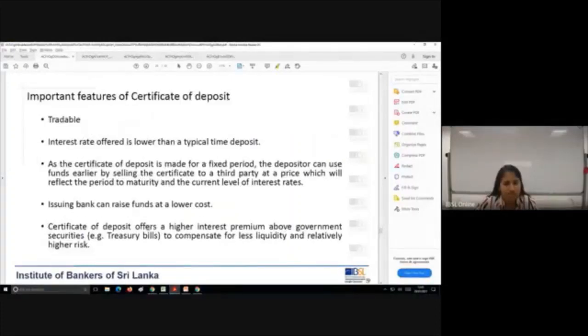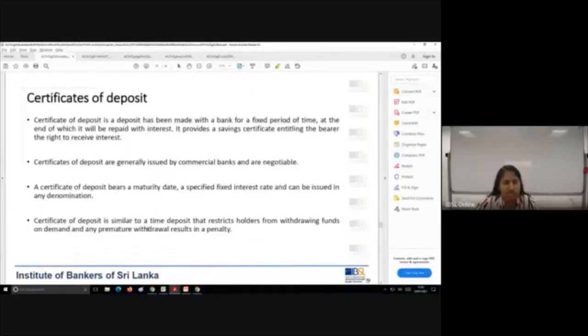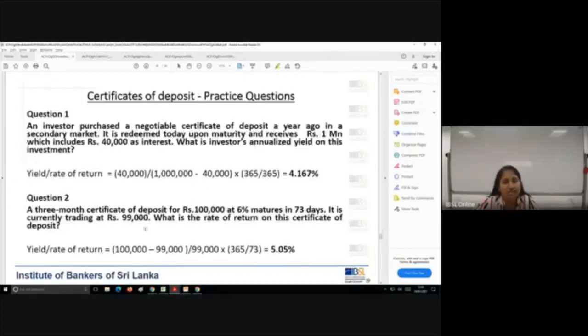Then we move to certificate of deposit. We learned that in certificate of deposits, there are two features. In the primary market, it's an add-on rate, but in the secondary market, it's a discount pricing method. Okay. Usually the questions that you get here are on the yield terms. How much is the yield that the person is receiving? Okay.